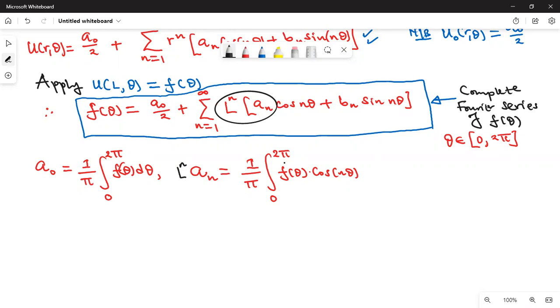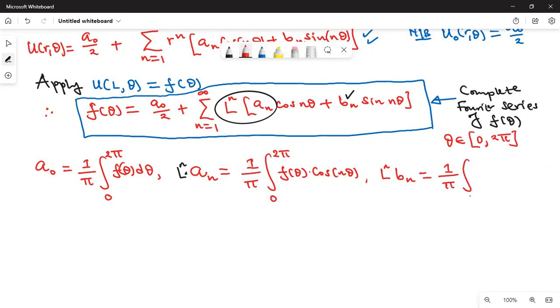You pick the whole of that coefficient of cos n theta. That's what will give you that integral. So from here, you realize that if I make a subscript n the subject, I'll have 1 over L raised to n times pi. Again, the coefficient of sine n theta is b subscript n times L raised to n. So we write here L raised to n times b subscript n, and b subscript n is again equal to 1 over pi,